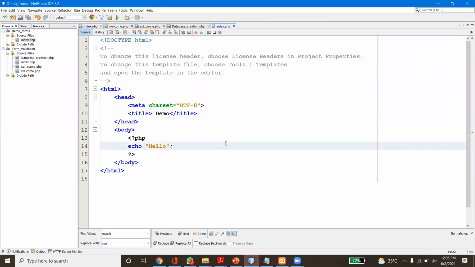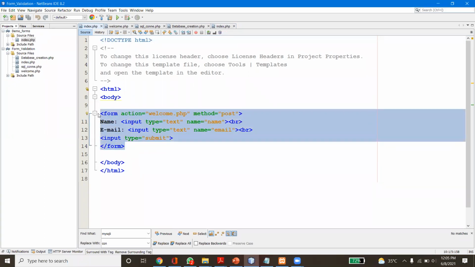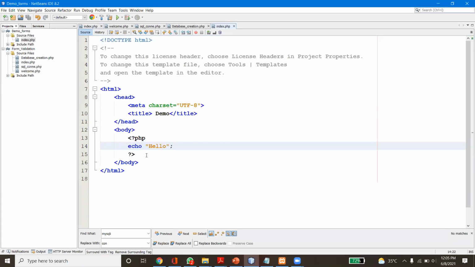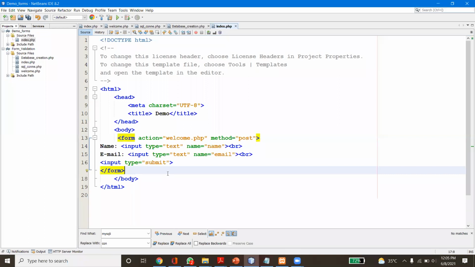Okay, so now coming to the program, we need to create a login page. You already know, so I'm not going to discuss more on this one. I'm creating a form. Here the action I'm using is welcome.php.